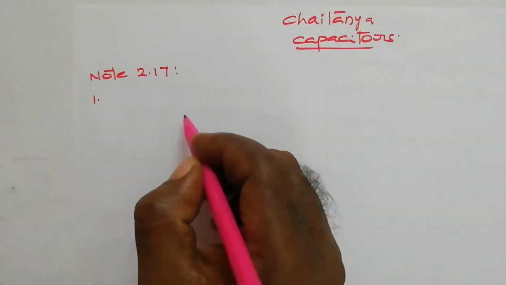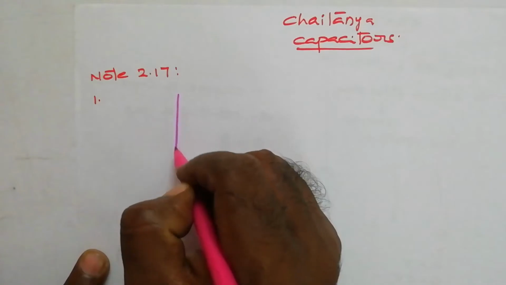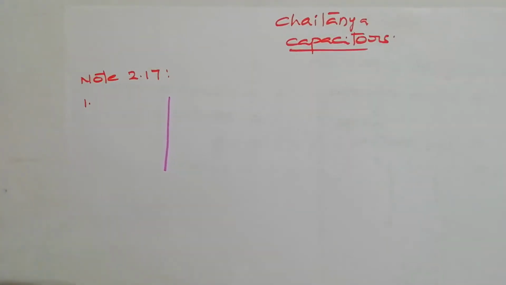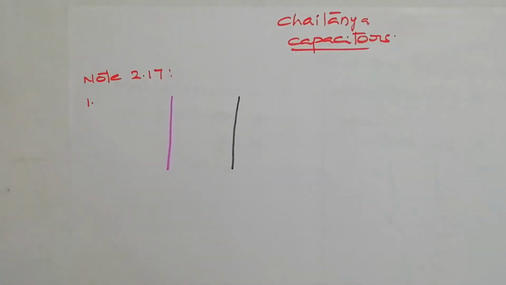Let us consider a capacitor. In a capacitor, there are two plates. This is plate 1 and this is another plate. The two plates are arranged parallel to each other. When the capacitor is charged,